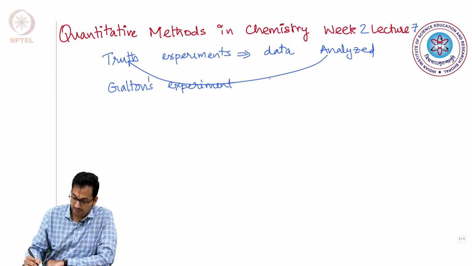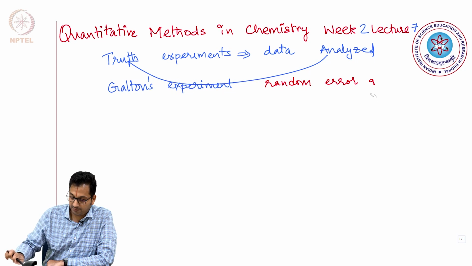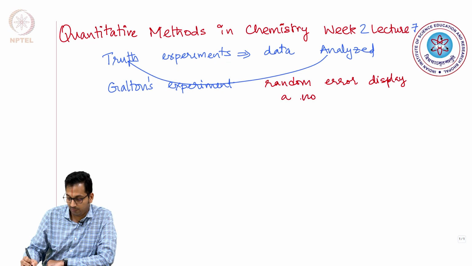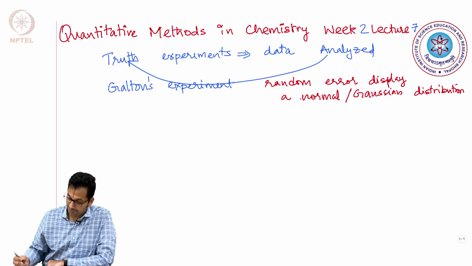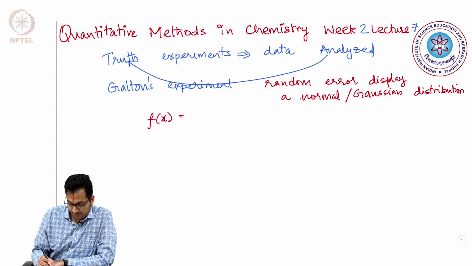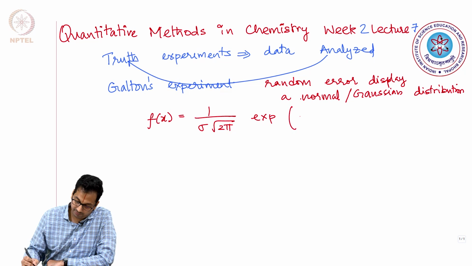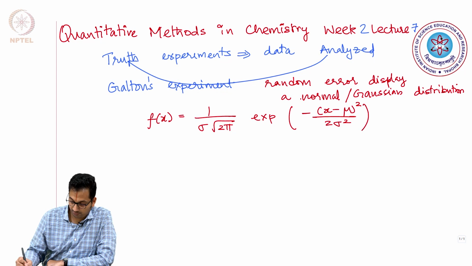We understood the fact that random errors have or display a normal or a Gaussian distribution. The Gaussian distribution, let us say a function f of x, is defined as 1 over sigma times square root of 2 pi, e power minus (x minus mu) the whole square divided by 2 sigma square,